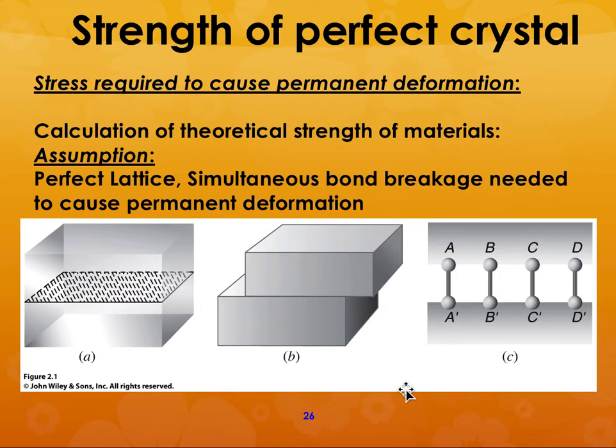So what do we assume? We assume that most of the time the crystal lattice is perfect, and in order for a material to deform plastically, you have to break those bonds and you have to make those dislocations start moving from one point to the other. So for example, if you have two blocks of material and there are bonds between the atoms, the different bonds are there,